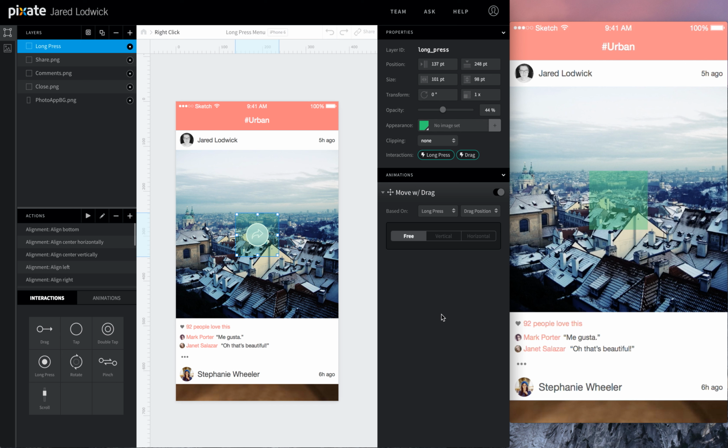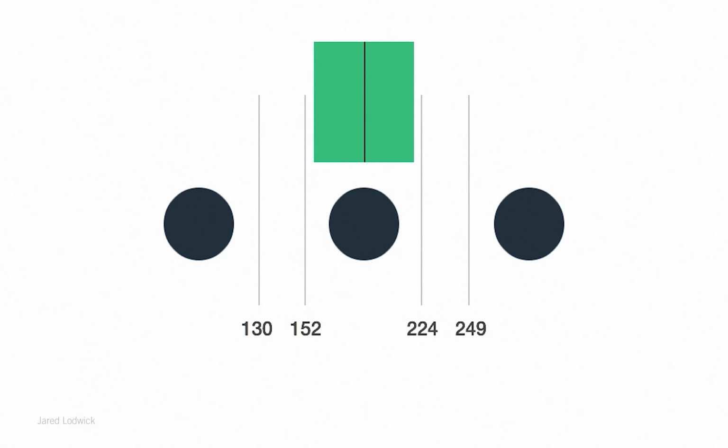So now I want to make it so that when these are open, if I drag my thumb towards these buttons, they'll react to the proximity of my finger. So the way we're going to do that is with conditions. And you have to imagine the screen as a map. So we have this green box up top. This is representing our thumb, and it has a line down the center of it. That's the horizontal center. Now it seems confusing because this line is going vertical. If you imagine a line going horizontally across this layer, you want to see the center point. That's what it's going to be marking when we set these conditions.